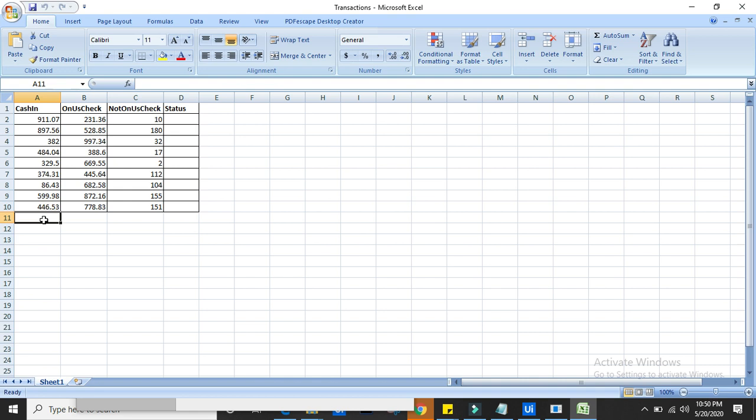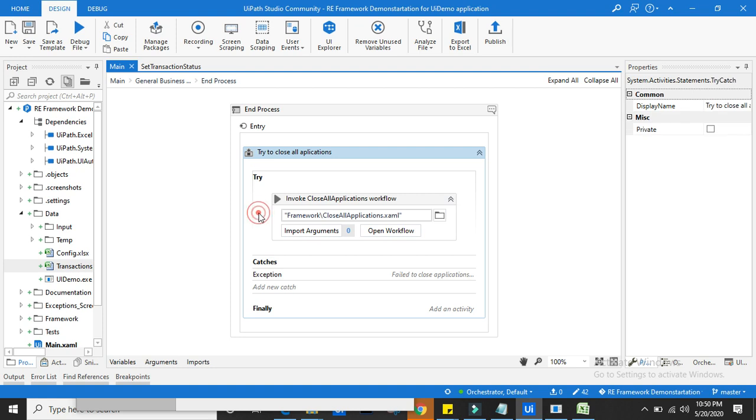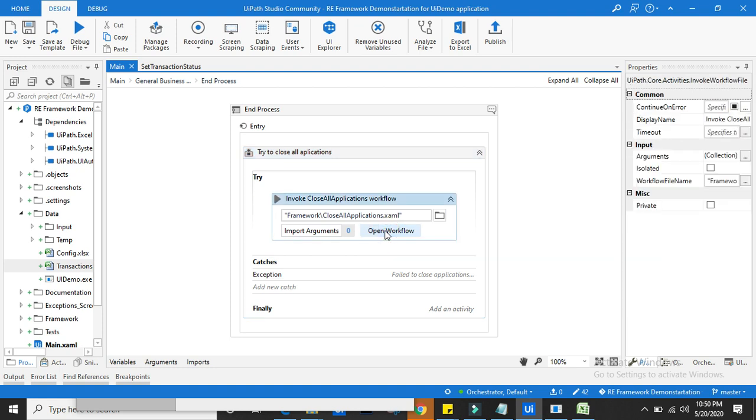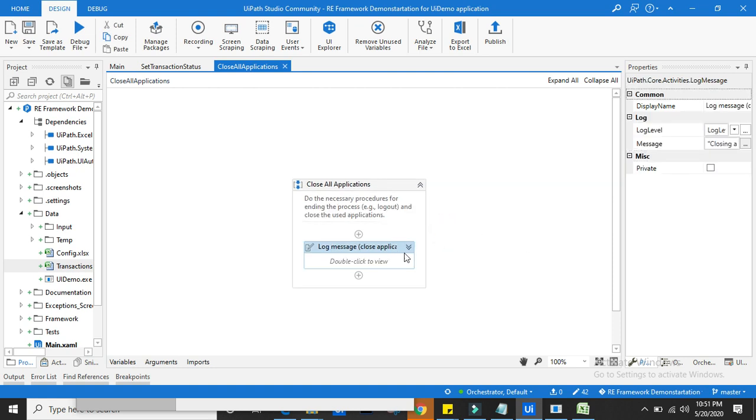So end process, let's see what is there in end process. Open workflow. In end process we can use close applications, because this is a customized one.